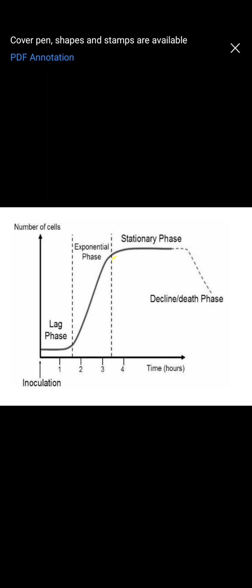Then as the time proceeds, what will happen at this particular point of time? By this time the organisms would have utilized most of the nutrients. So here what happens is, the number of cells dividing will be equal to the number of cells dying. That is, if there were say 1000 cells at this stage, out of the 1000 cells, 500 cells will die and 500 cells will multiply. So ultimately again it will reach up to 1000.